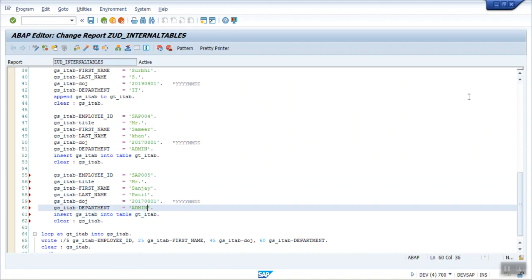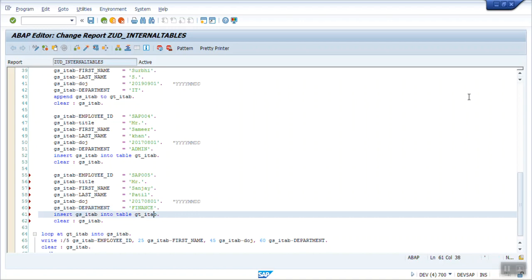But this time, instead of adding the record at the last position, I want to add at the first position. So I will add here index 1 and remove this table.